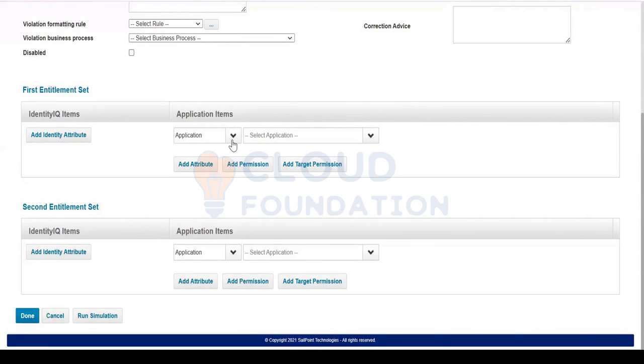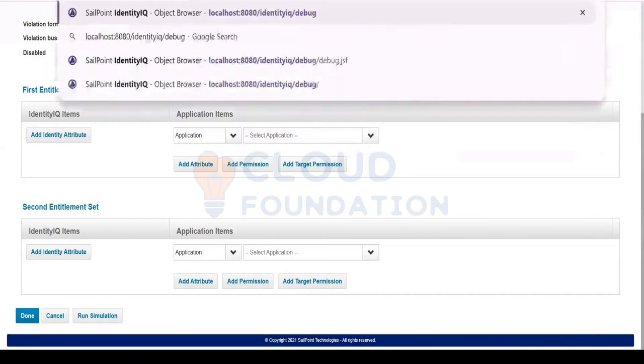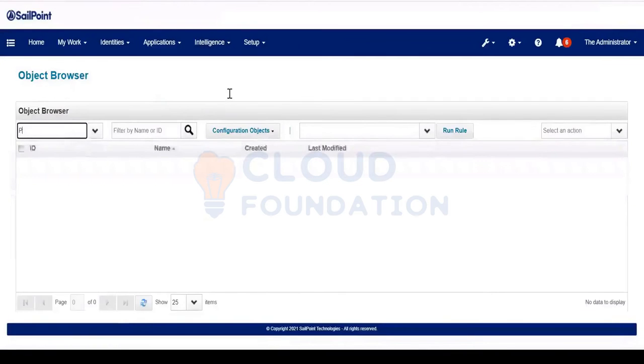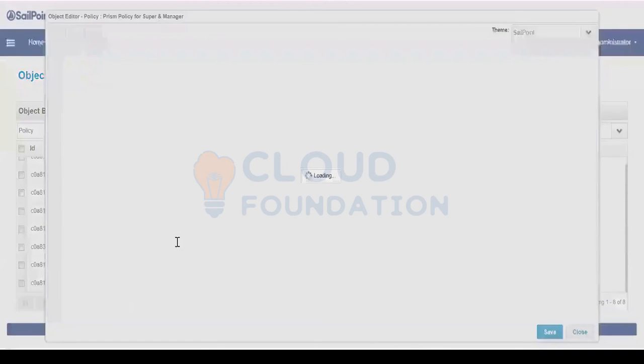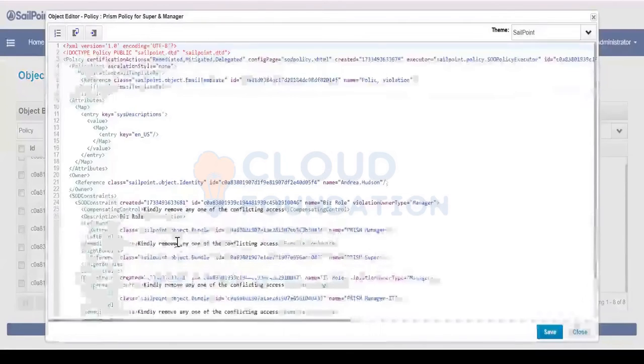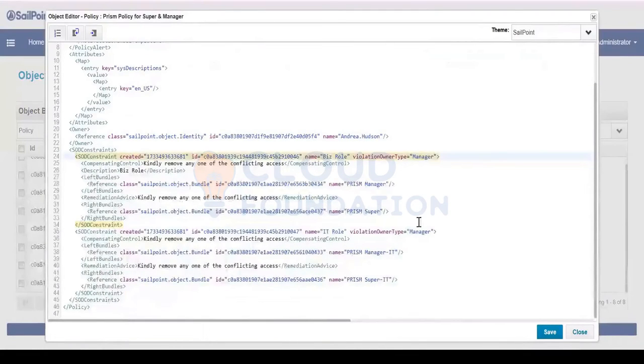Or else, if you are a SailPoint expert, then policies can be created from the backend. We have a page also. Let me show you. Today we created a policy called Prism Policy Super Manager. Here we have the Prism Manager and Prism Super.